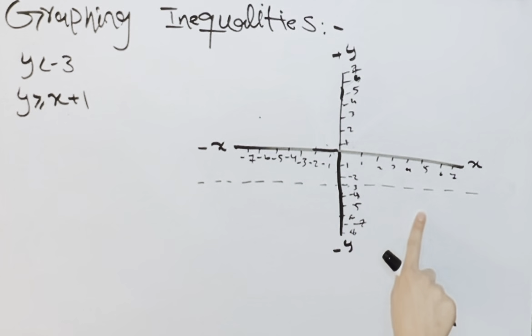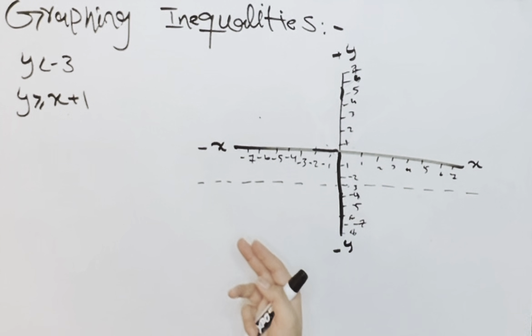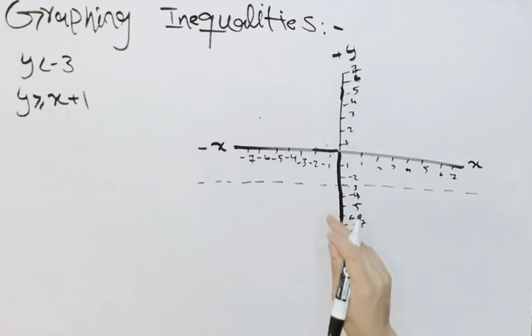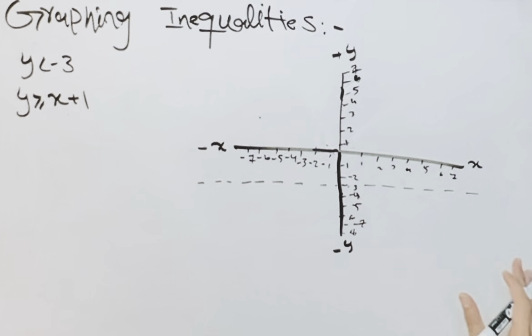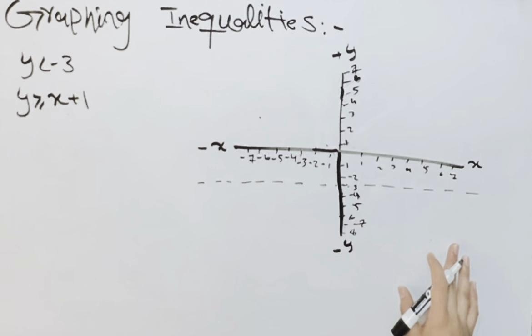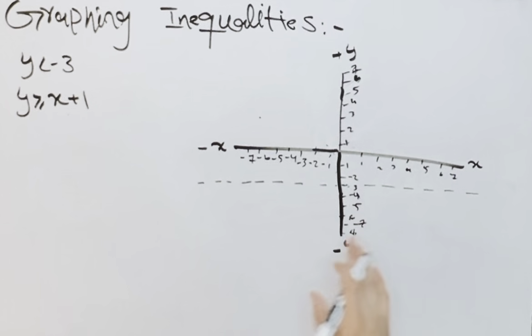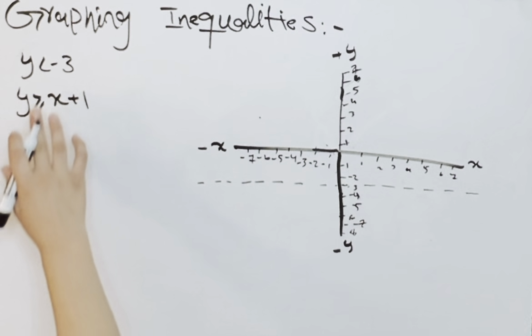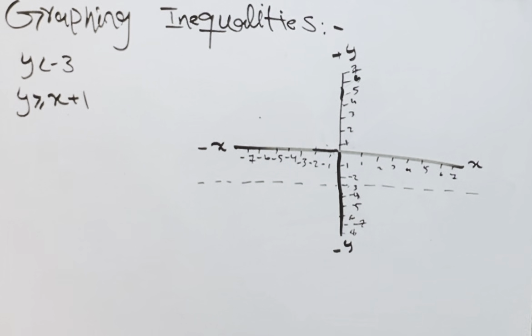And why is it not a solid line? Because y is less than. We don't have any equal sign. If it was an equal sign, we would have just drawn out a solid line. But since we don't have that, it's just a dashed line. And again, we have y is less than negative 3,